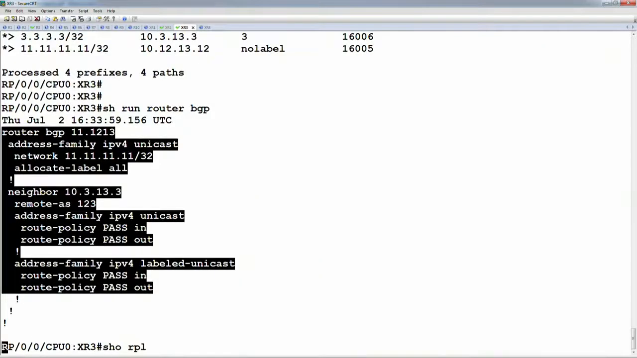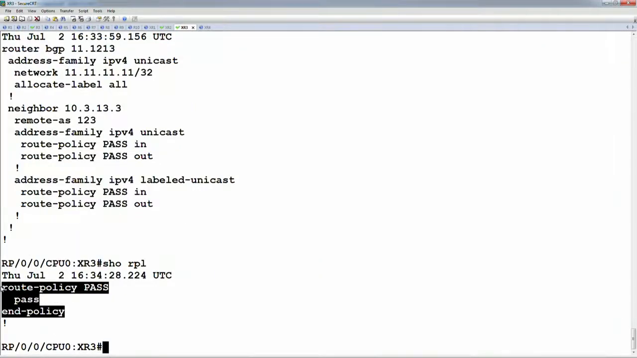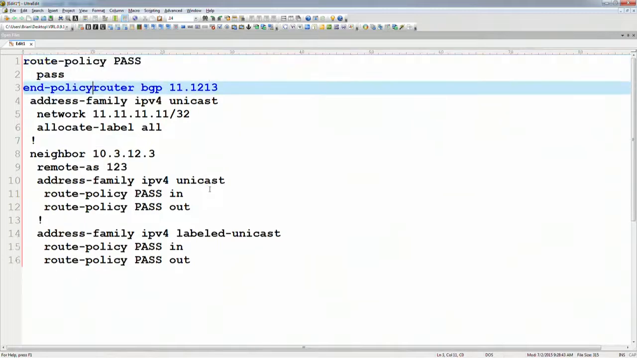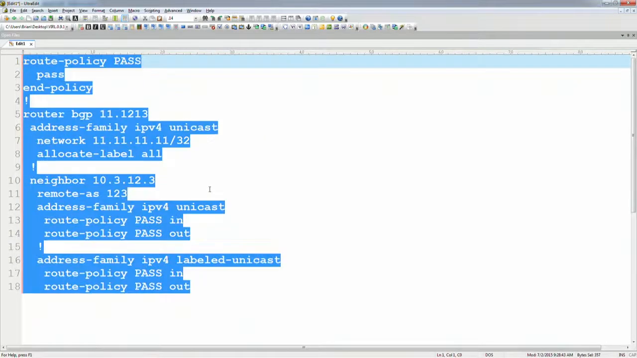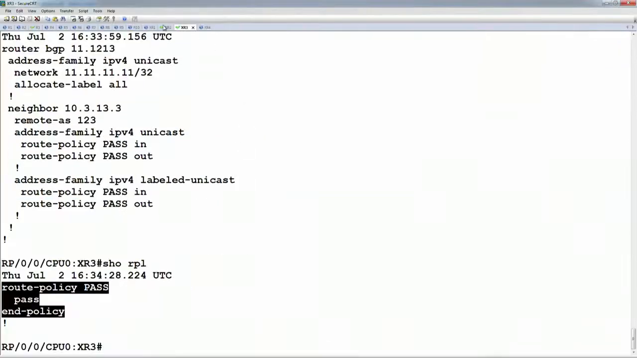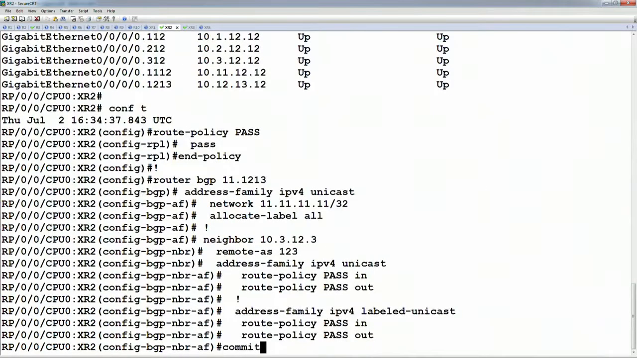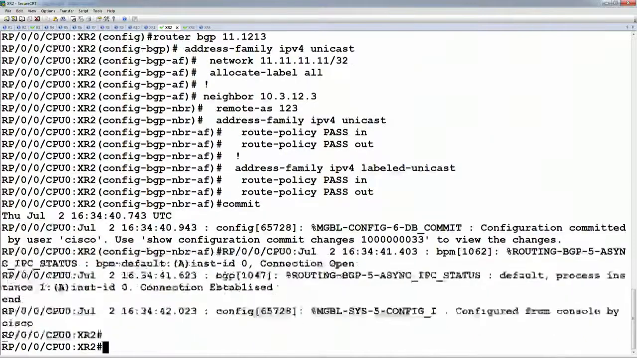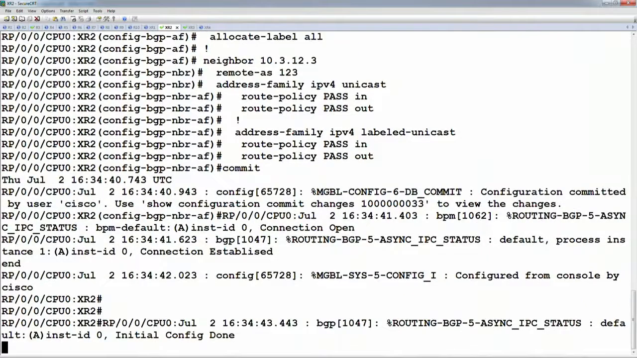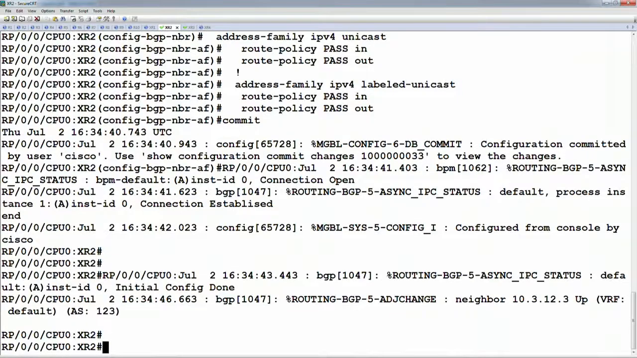So let's look at the show RPL. And we have this route policy pass. Okay, so let's go ahead and commit this config on XR2. And next, let's look at the show BGP,